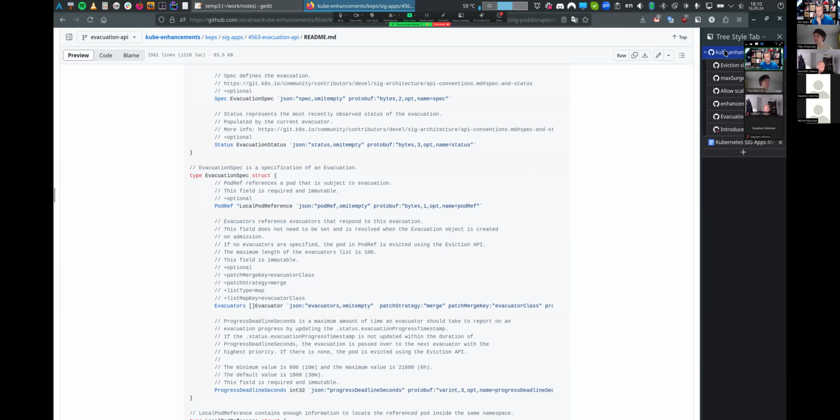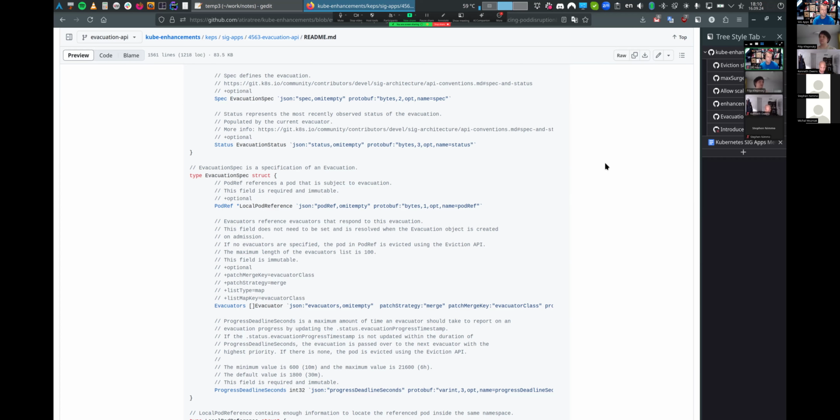Yeah, okay. So I would like to follow up on the last discussion we had a few months ago about the evacuation API and mainly the alternatives. So we were discussing internally some designs by Ravi on how to actually extend the current APIs, I mean the PDBs, the disruption controller, and the eviction API.